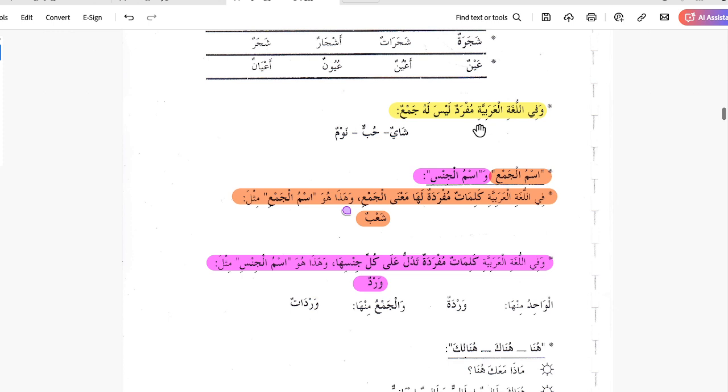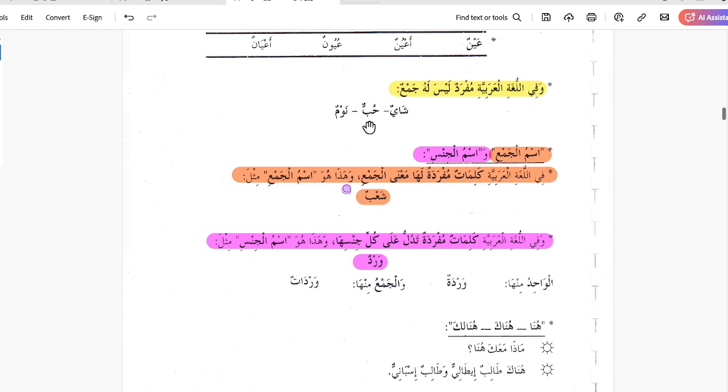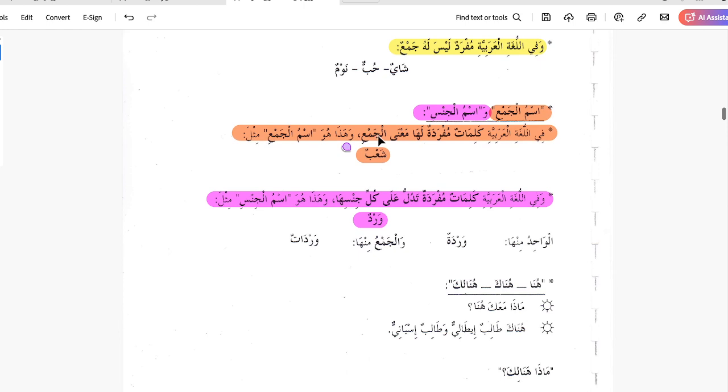في اللغة العربية مفرد ليس له جمع. There are some singular words that don't have the jama, like shayun, tea, hubbun, love, naumun, sleep. So they don't have plurals. Ismul jama wa ismul jins. Collective noun and the